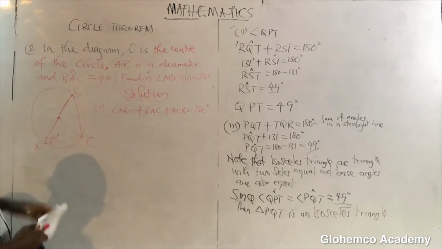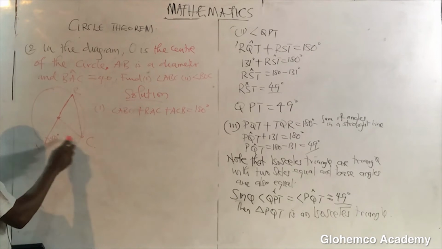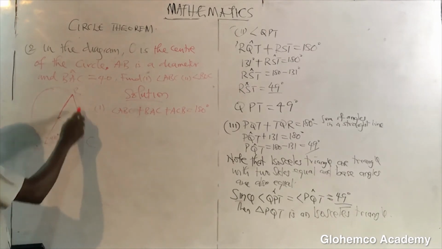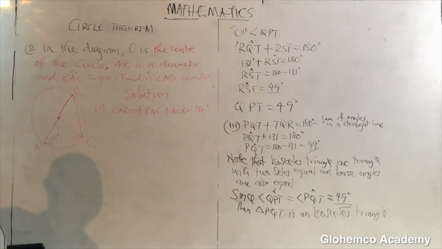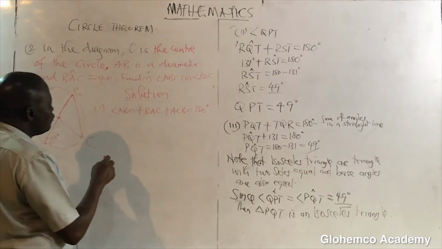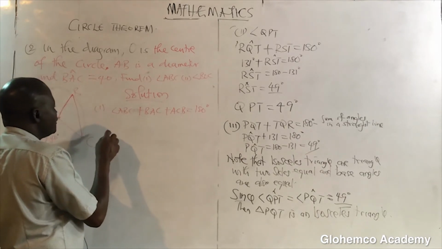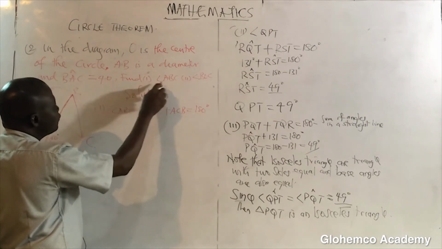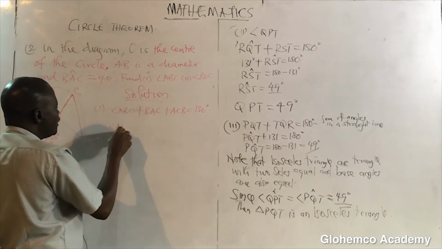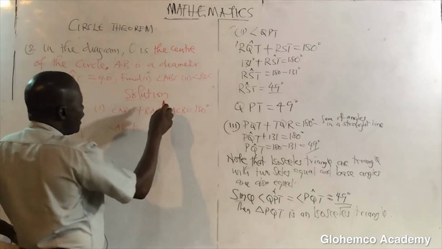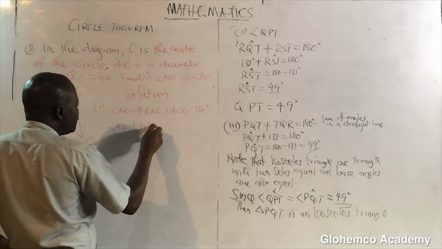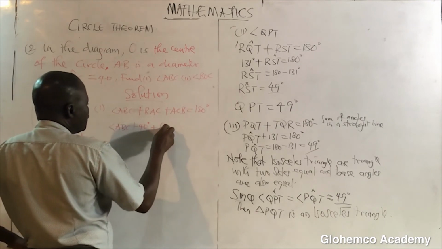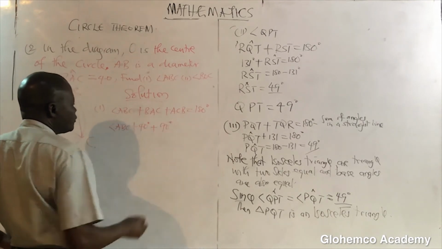ABC, this angle, plus BAC, this angle, plus ACB, this angle. Everything must be equal to 180. That is the sum of angles in a triangle. Now angle ABC is the one we are looking for. So angle ABC plus angle BAC. What is BAC? BAC is 40 degrees, plus ACB is 90 according to our theorem, the one I proved